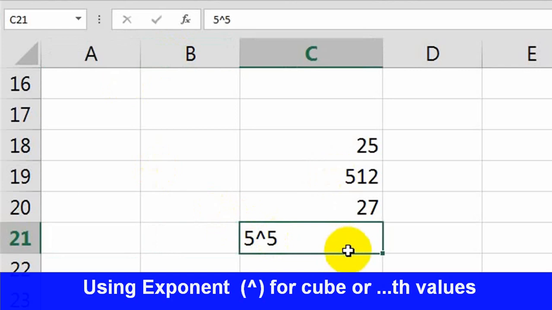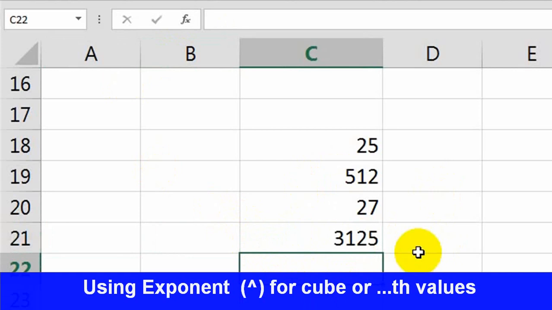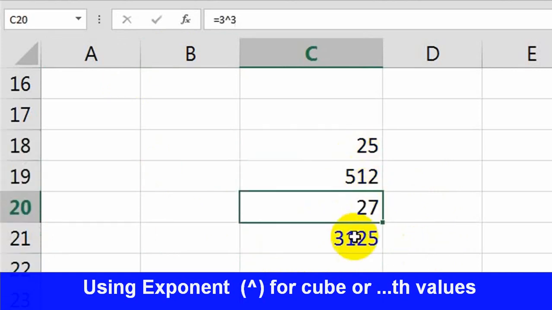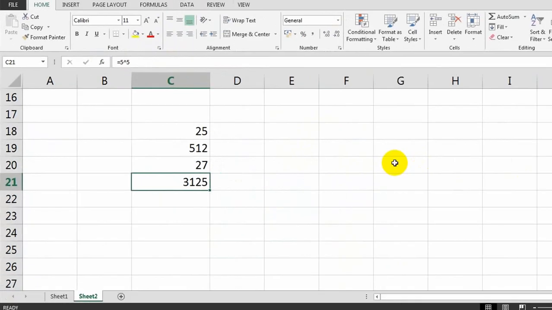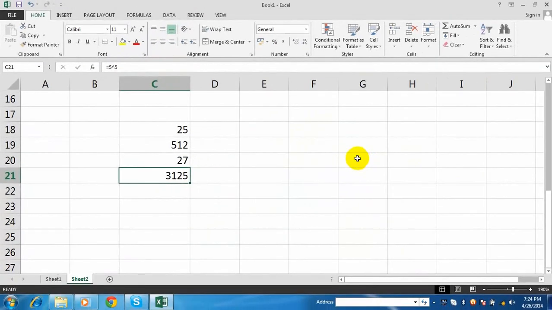No output. Why? Because here is no equal to sign. So use equal to sign. You can just double click on the cell contents to select. Now just type equal to sign. Press enter. See, automatically the result is out. You can just click on these values to get the formula. See, on the formula bar you can get how these values are displayed. Like this you can use numerical operators. Now let's view some examples.